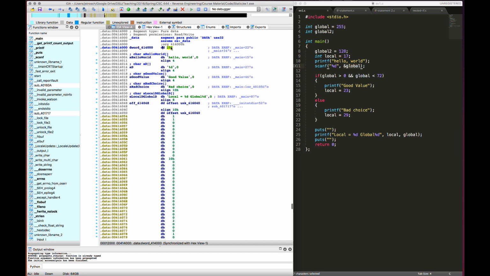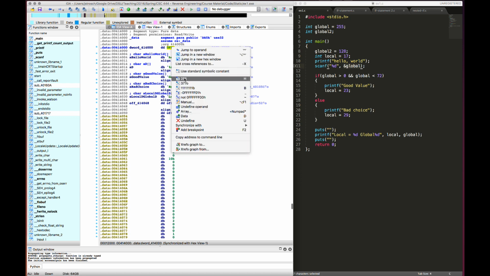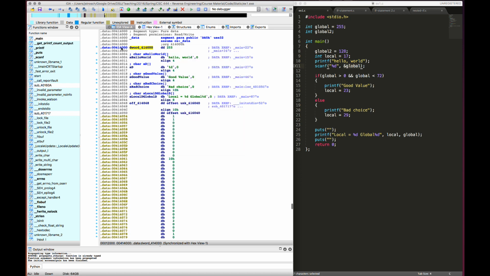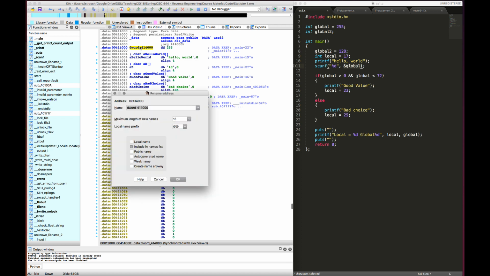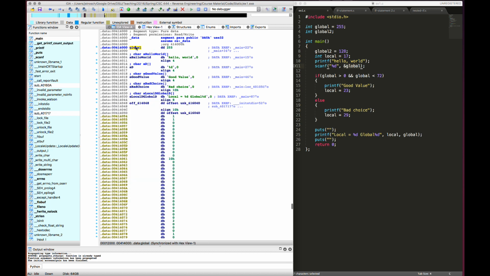Okay, this is probably in hex right away. So if you click it and then right click, you can convert back to hex, convert back to base 10. We can also highlight that label and hit N, and that allows us to rename. And so now if I rename that, it renames it here as well as everywhere it's used or referenced within